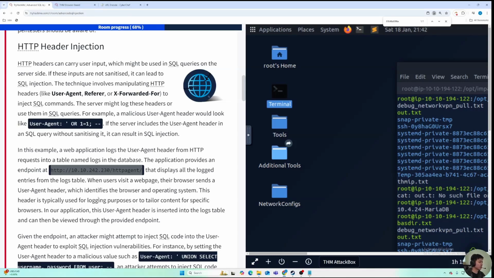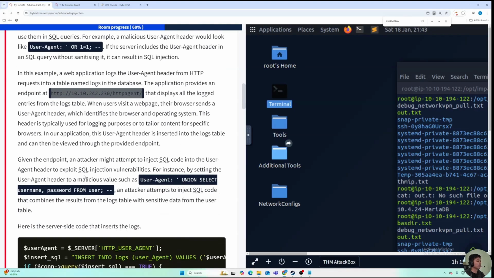This header is typically used for logging purposes or to tailor content for specific browsers. In our application, this user agent header is inserted into the logs table and can then be viewed through the provided endpoint. Given the endpoint, an attacker might attempt to inject SQL code into the user agent header to exploit SQL injection